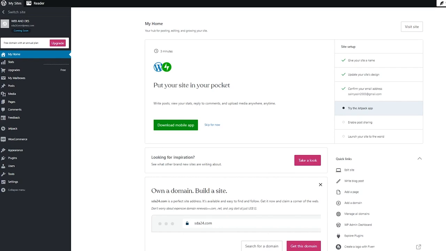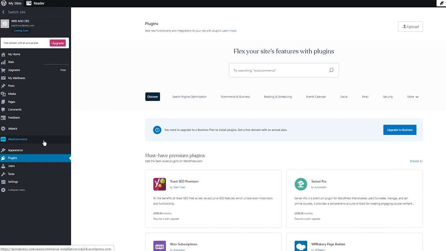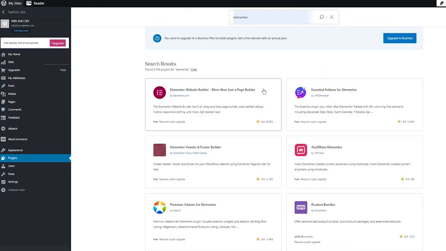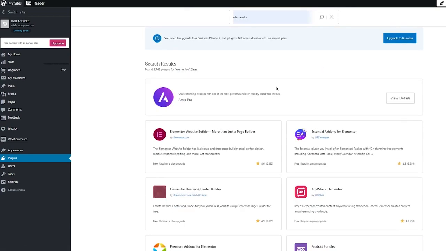Now, if you have WooCommerce, then obviously your WordPress has the upgraded business plan, because without that, WooCommerce cannot be added. So I'm going to assume you already have that, and plugins are a piece of cake for you. Like, free plugins can be added anytime. So in this case, I'm going to go ahead in the search bar. We're going to write Elementor, and once you write Elementor, this is basically one of the greatest and most amazing